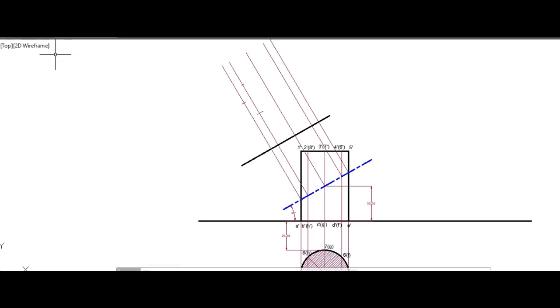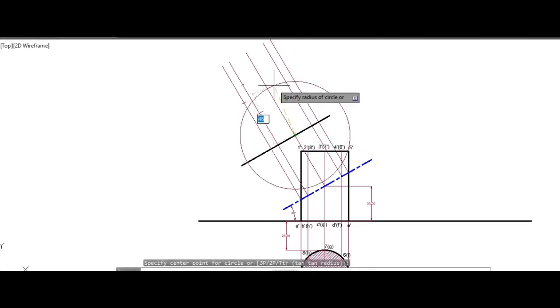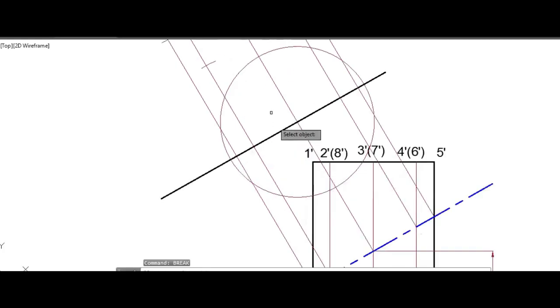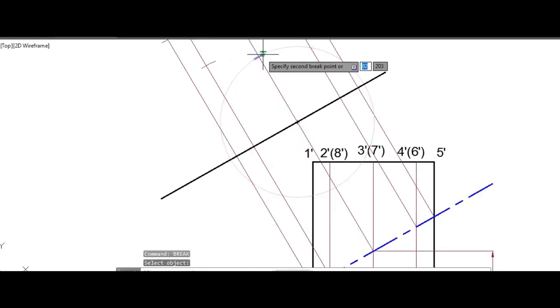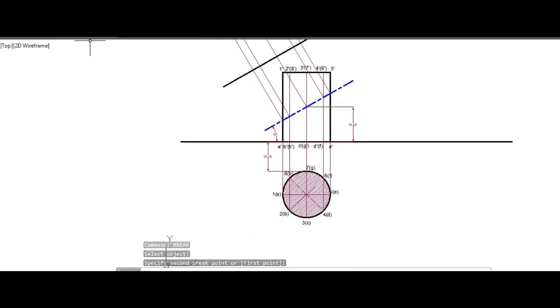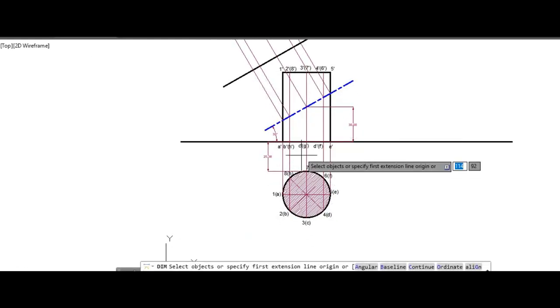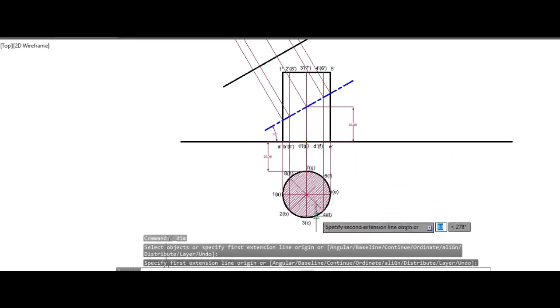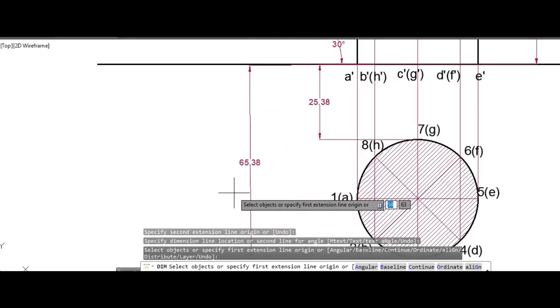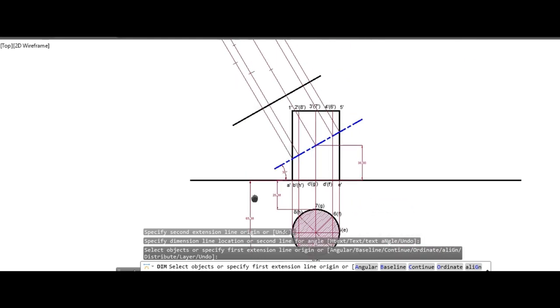We cut it accordingly. The distance from XY to 3 is 65.38.